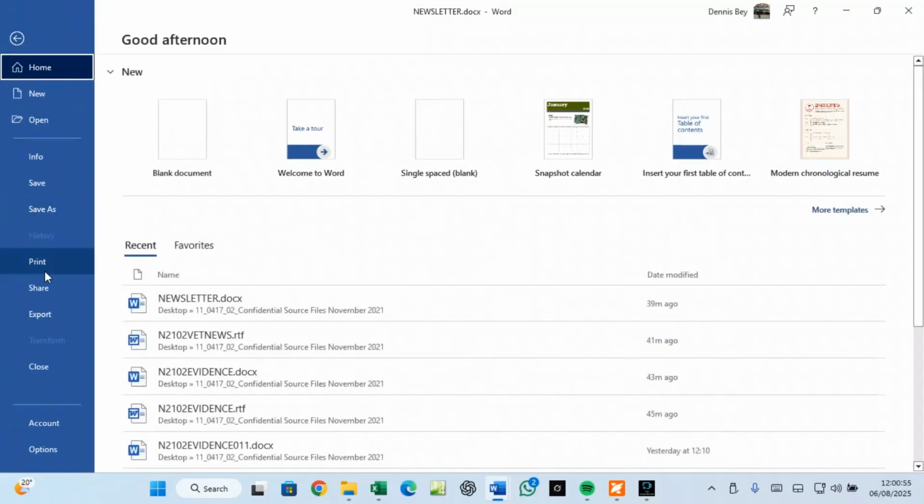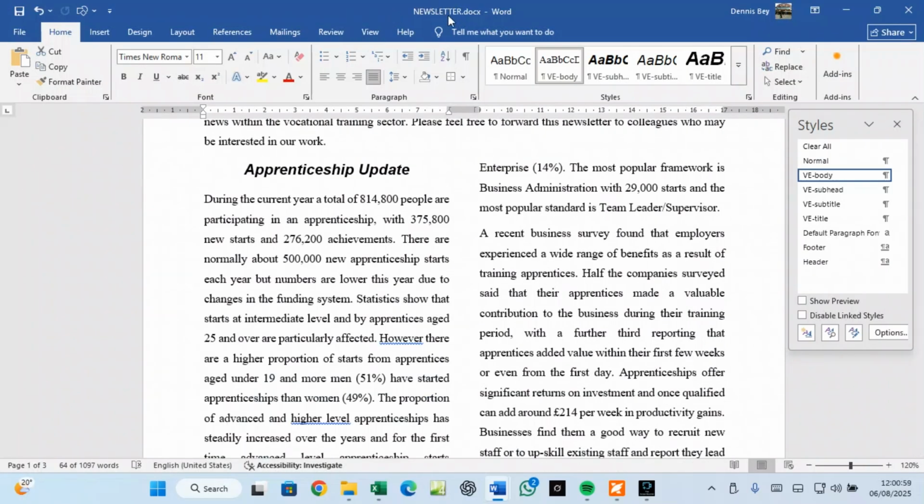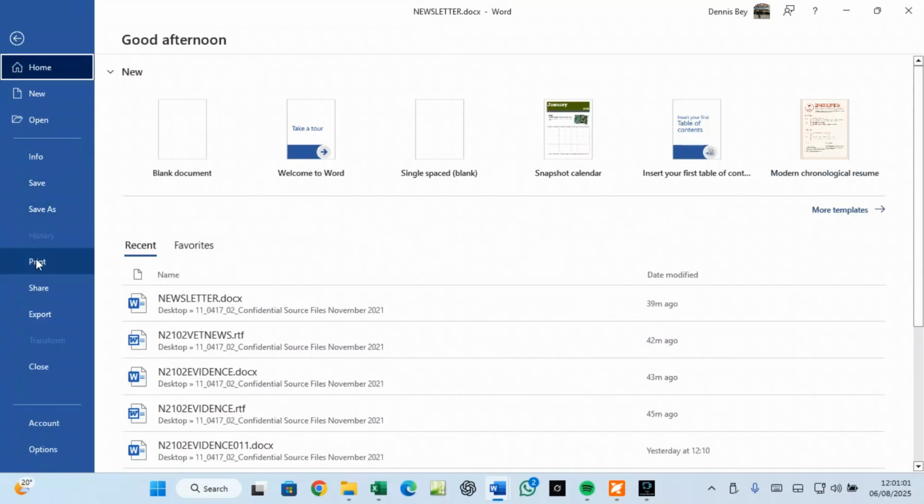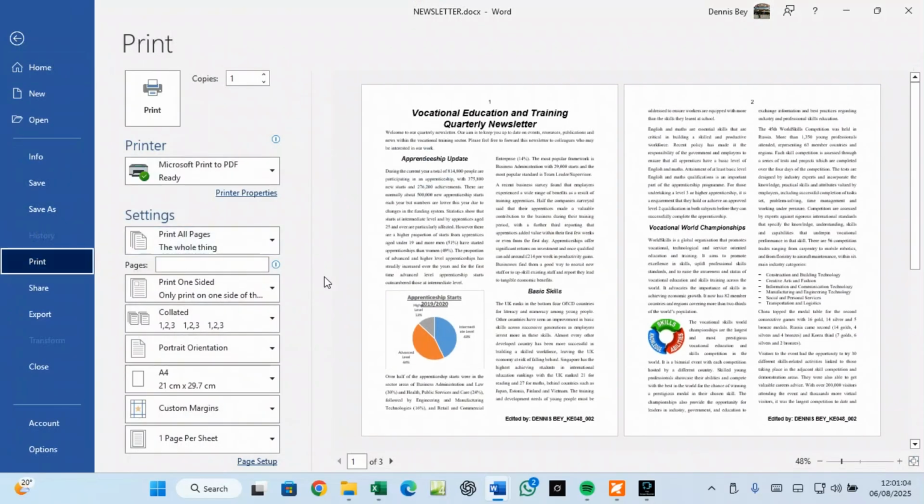You just go to File. First of all, they told us to save it. So I'll save it under the name newsletter.docx. I go to File. I go to Print. Now my document looks wow. So if I click here,